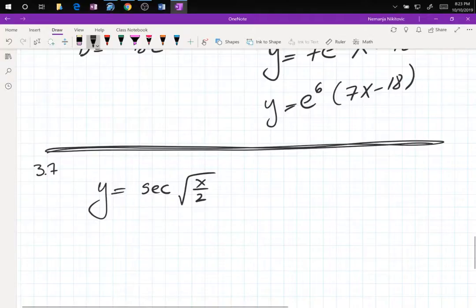Why not? The point is, let's say, x equals pi squared over